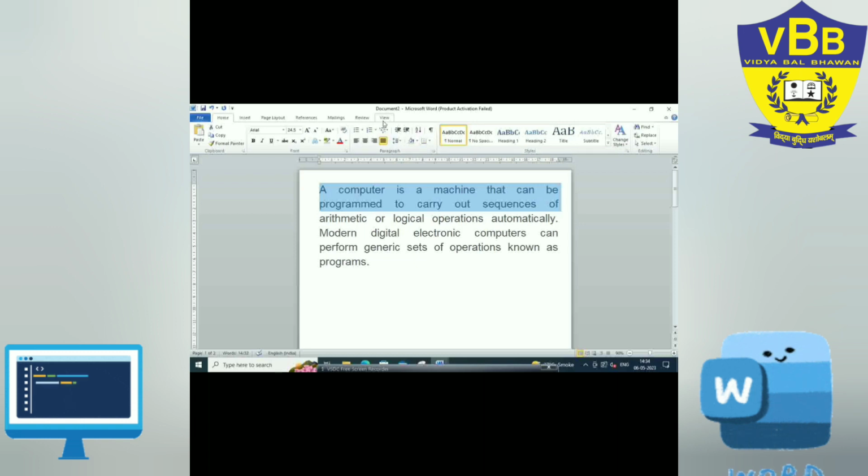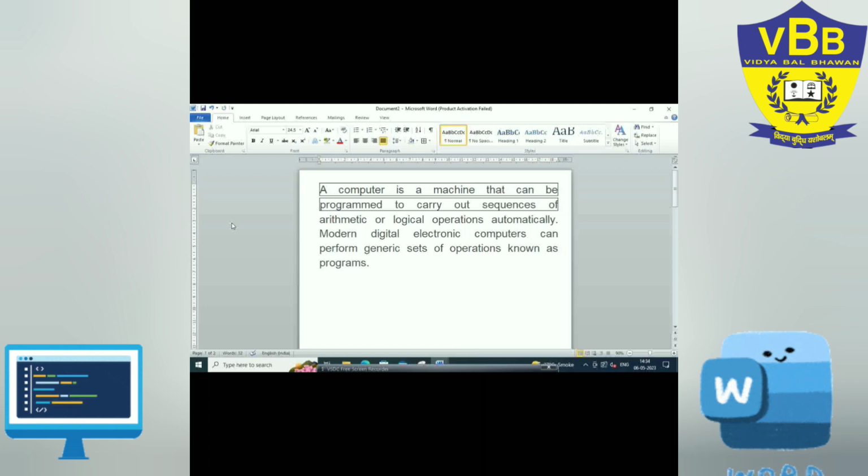I will click here in the Home tab, Paragraph group. Here is the option of the borders. You can choose bottom border, top border, left, right, no border, all borders. So suppose I am choosing all borders. Here you can see all types of borders will appear surrounding the paragraph only. This is the first type of paragraph border, right?